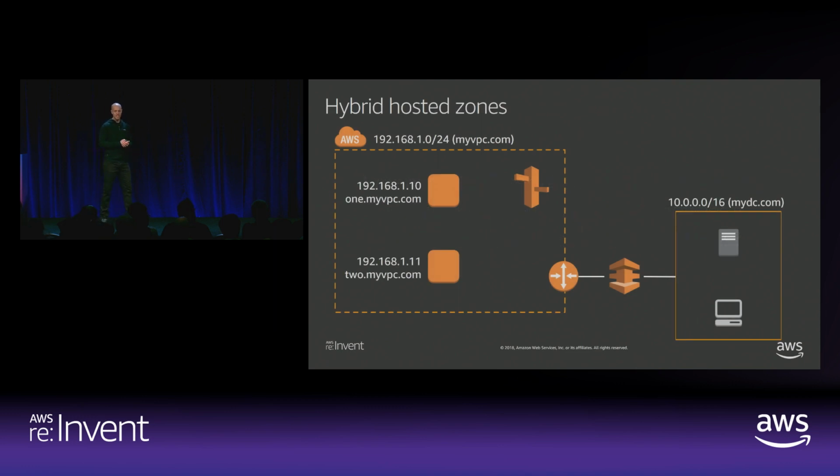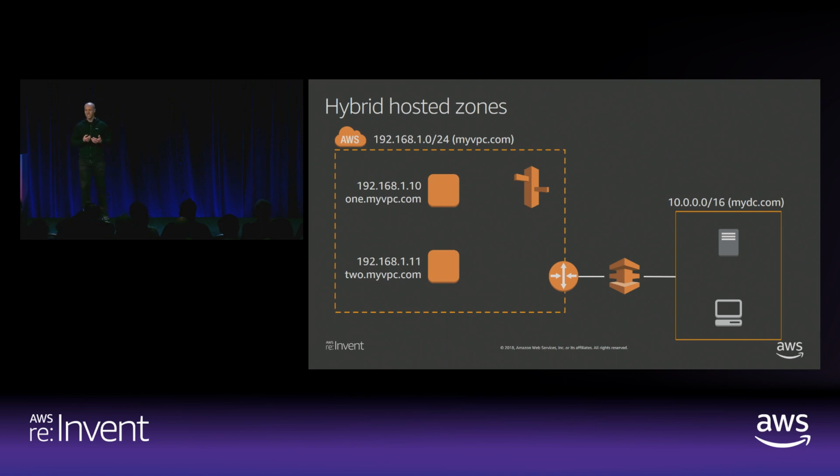Here we have a single VPC, 2 instances in it. The VPC is configured with 192.168.1.0/24 as the VPC CIDR. I have a single subnet with 2 instances in it, both picked up IP addresses from my default DHCP, and I have a default DNS configured in my VPC, which means that